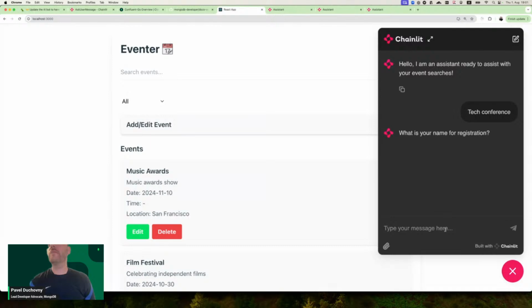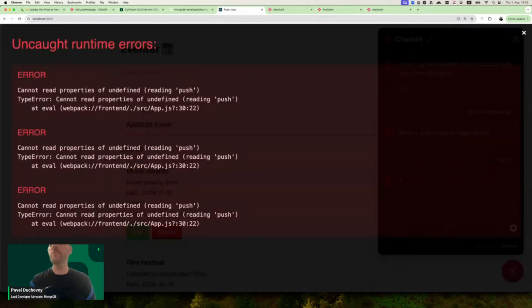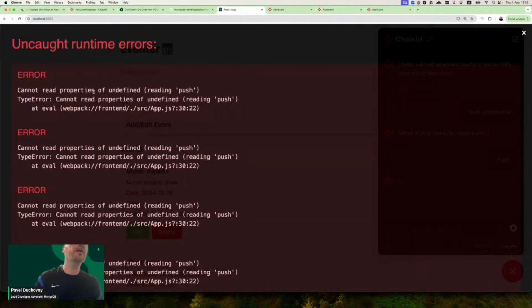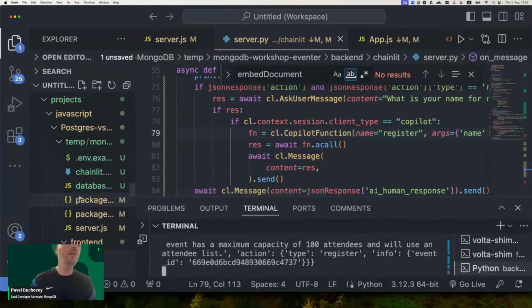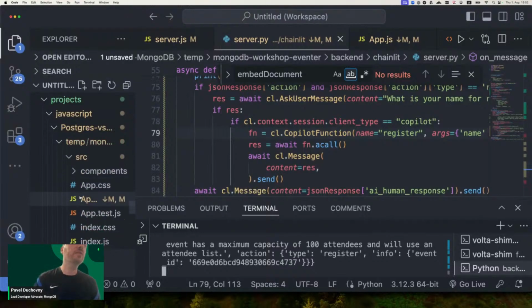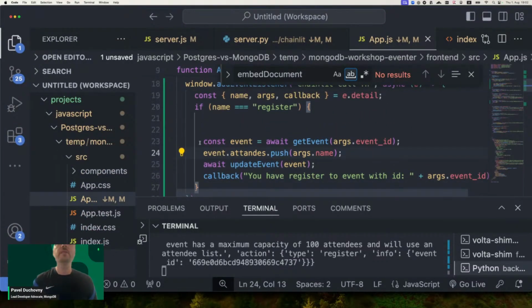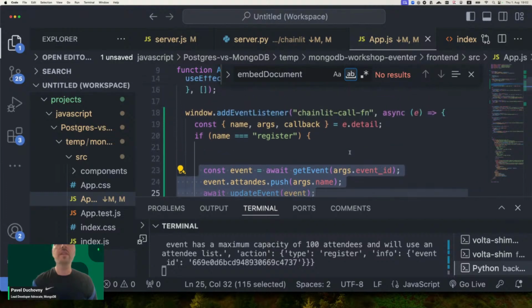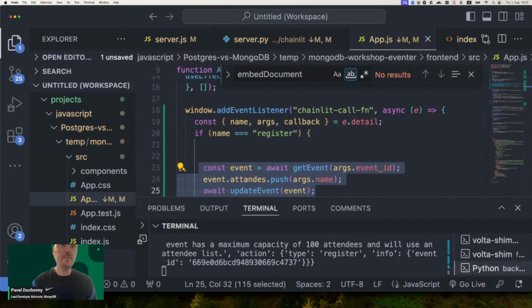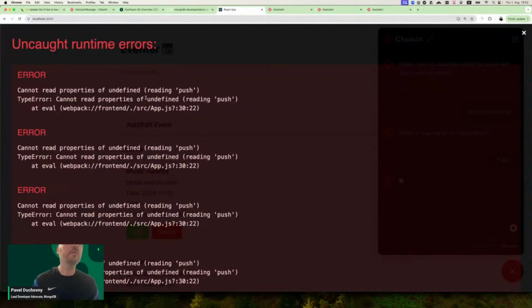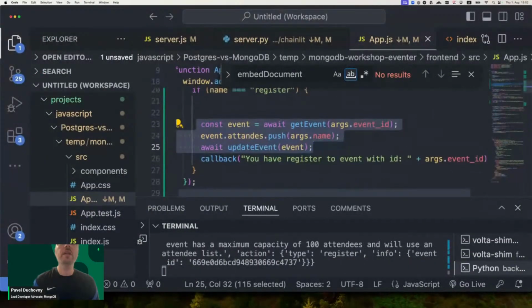What is your name for registration? Okay, let's see, Posh. Now I get an error on the front end. So it's something with my front end code that does not compile. Okay, great. So we got back to our app.js. So it's something within this element, right? Within the get event or something around that sort. So yeah, cannot read property of undefined push. Okay. So it is something